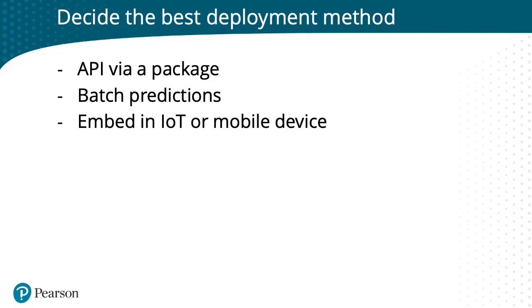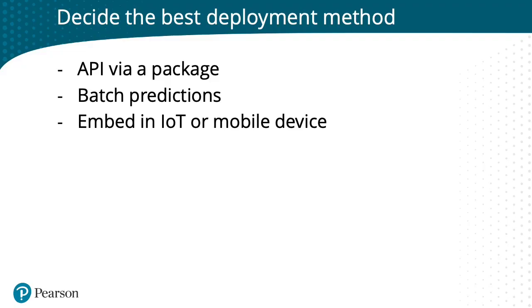And then a fun one is when you get to embed your model on an IoT or mobile device. And this comes up a lot in manufacturing. So when you have different parts that are coming down an assembly line, or they're on a conveyor belt or some kind of system like that, you might need to do some really fast checks to see if there's any defects in any of the equipment that's being produced by this assembly line.